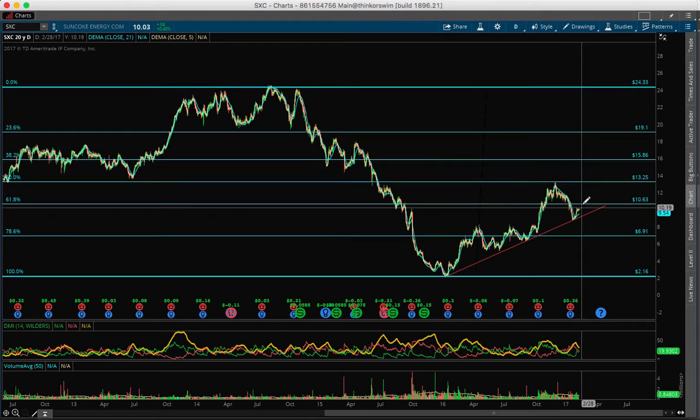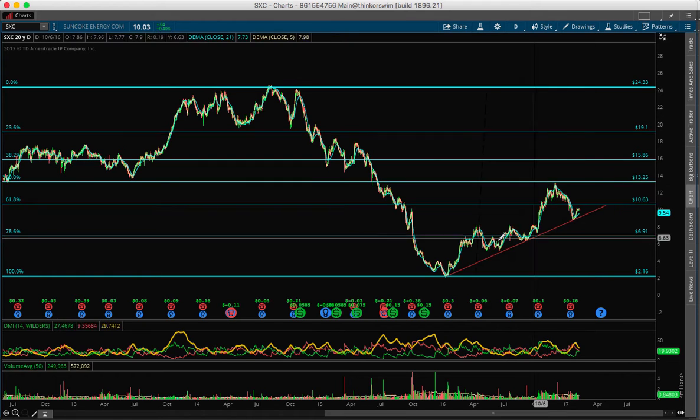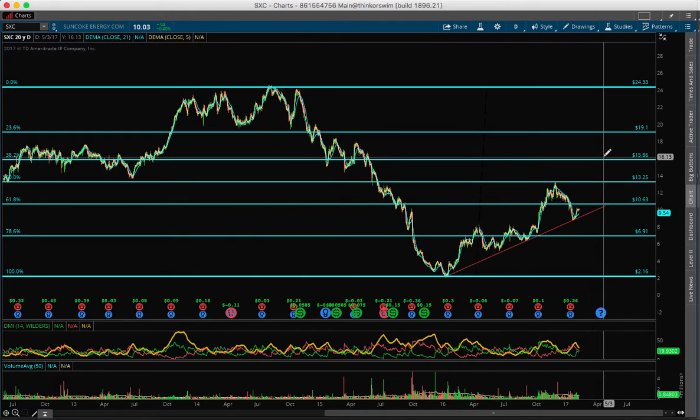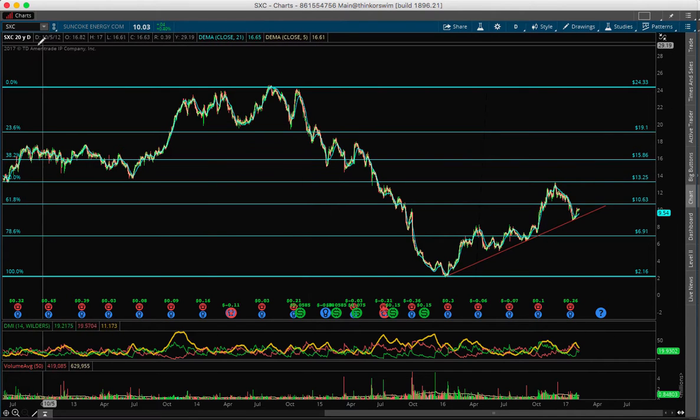Now you can also wait until it breaks out $10.63 because of the Fibonacci 61.8 retracement, and have a target at 13.25 and a next target at 50.86. I think right now the DMI is neutral, but the setup right here and the strong trend line I think is moving to make another major high, upside to 15.86. So keep an eye on this one,